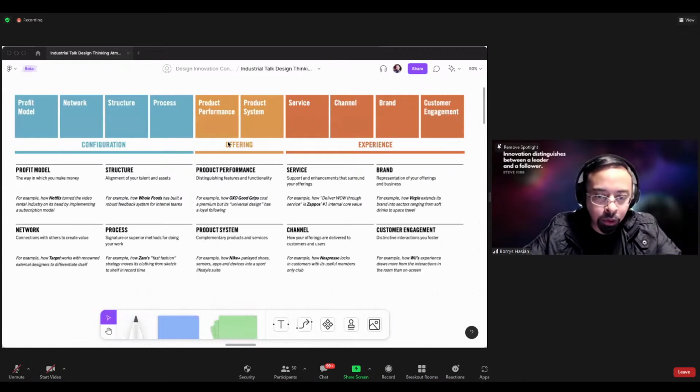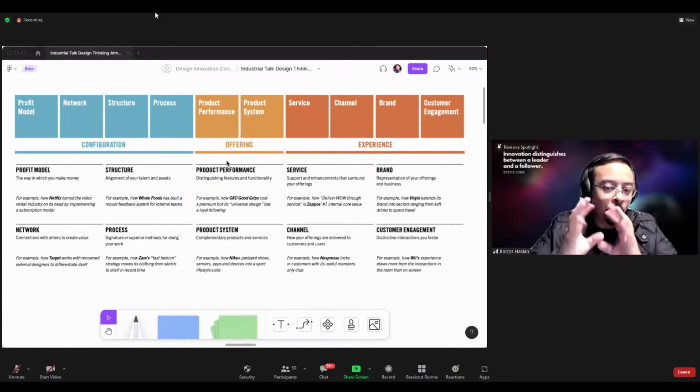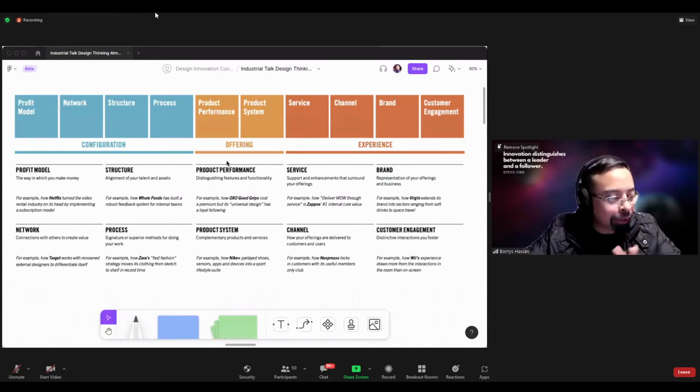The product here is the offering, which is your product features and functionality. Usually you make sure that the product is easy to use and serves the needs of the customer. But it's only one fifth of the overall innovation.